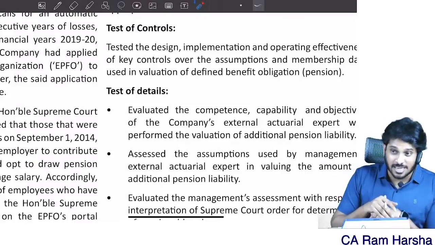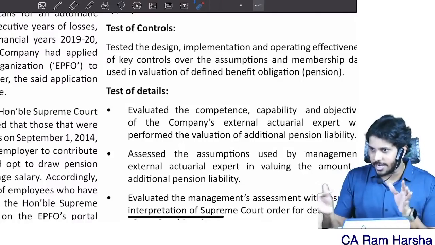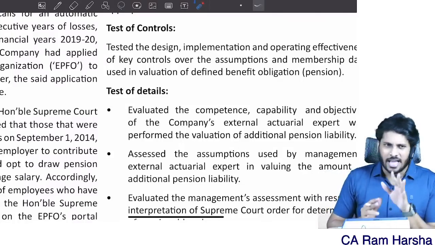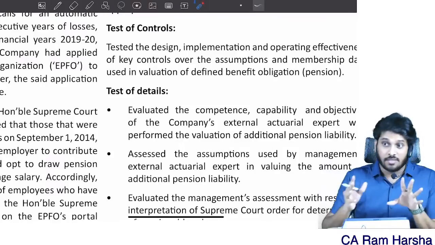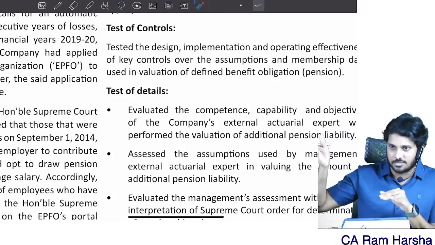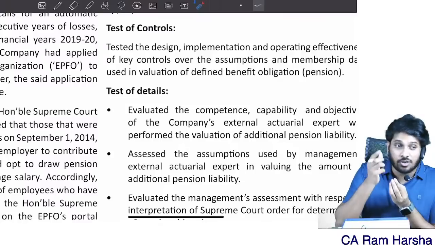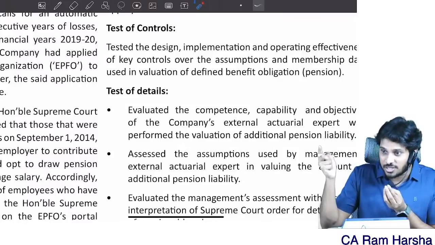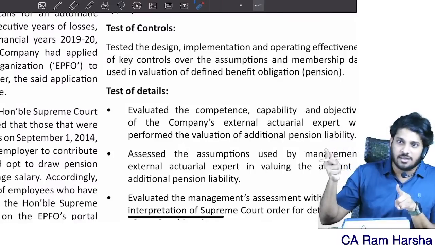Here what I'm asking is, you did the audit, right? So many days you performed the audit, right? So many matters you verified, right? Have you felt anything that is important according to you in this entire audit that may not be there in the financial statements? A key audit matter is not necessarily something disclosed in the financials. A key audit matter can be a matter that is not even disclosed in the financials.